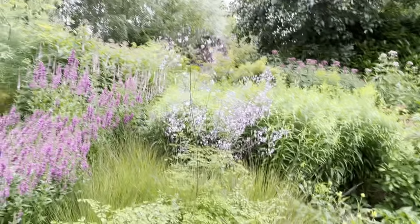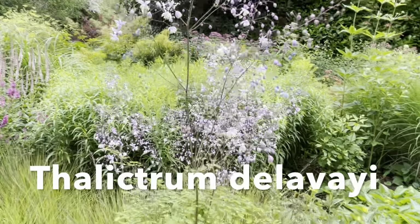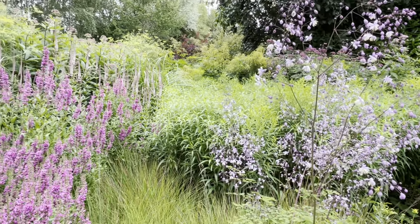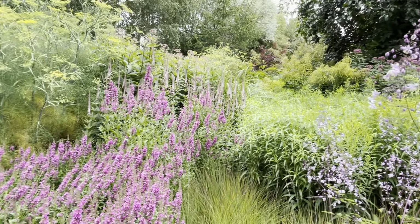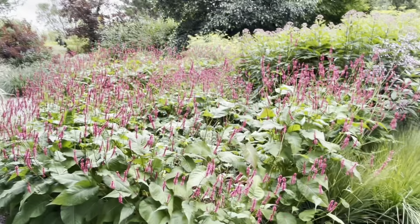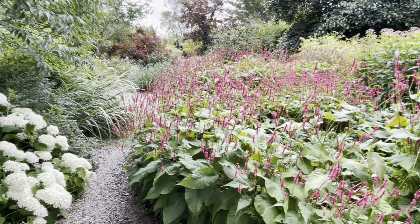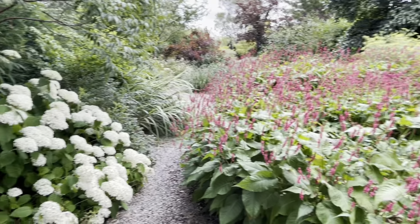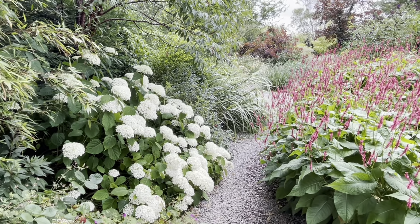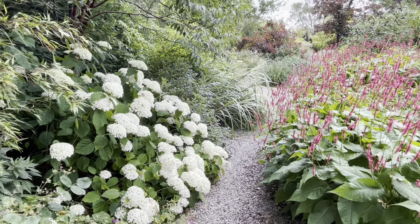And here is a little bit of Thalictrum, which I really like the airiness of. I've seen it quite a lot this summer and last summer, so I have actually bought some. We bought some when we went to the Tatton Flower Show, so I need to get that in the ground. And another clump of Persicaria sitting opposite some hydrangea, possibly hydrangea Annabelle, I'm not sure, but contrast in shape and colour is very